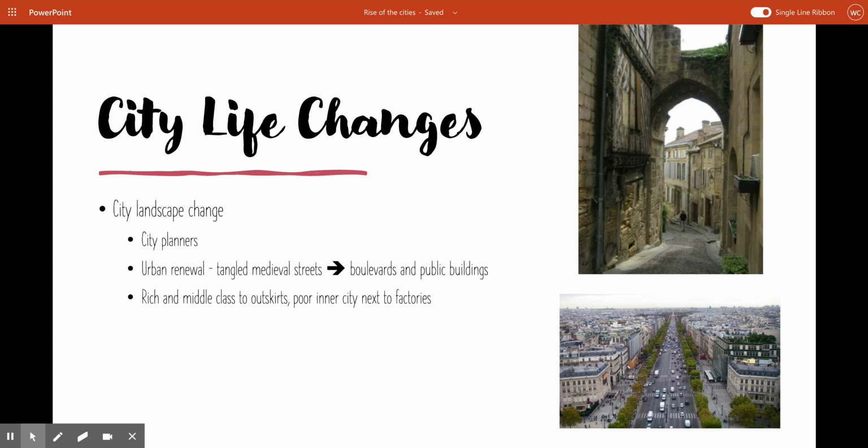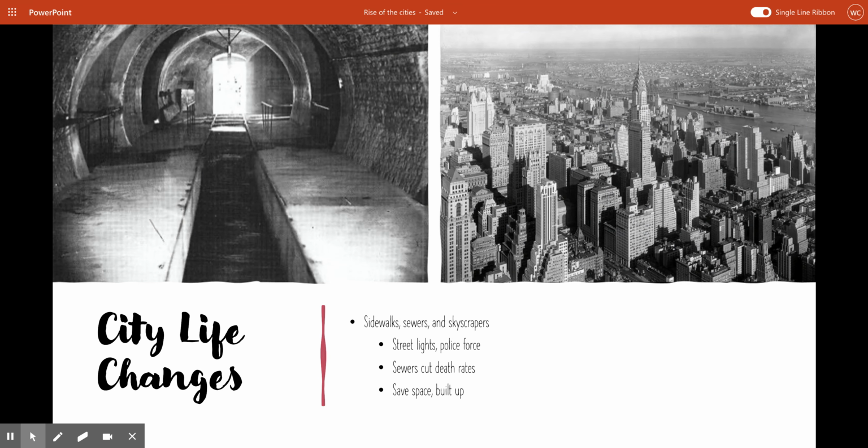Other things are going to change again. Technology leads to all kinds of improvement and something called urban renewal, like I said, which was a rebuilding of the poor areas of the city. So, one, you've got sidewalks, as they put in these wide boulevards, and you're able to get to different places throughout the city much more easily. With street lights, not those gas lamps anymore, because those gas lamps are pretty dangerous, but with electric street lights, you're able to light the whole city at night relatively safely. And that's going to help the police force and cut down on crime.